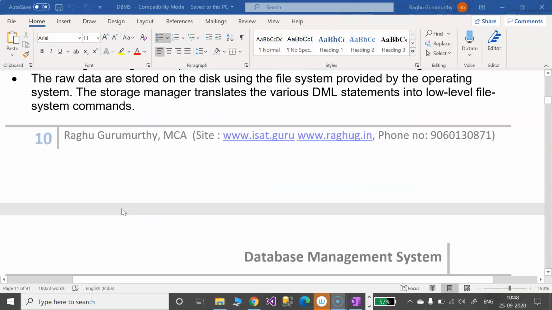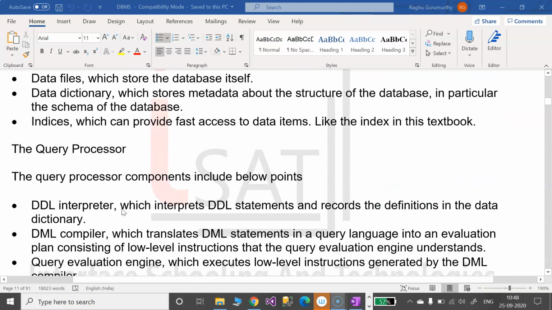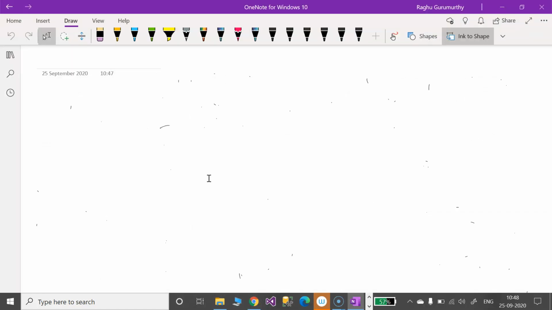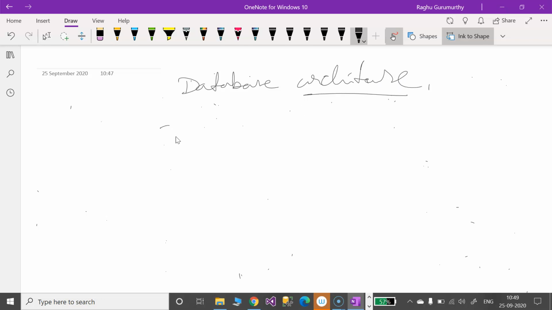So the next concept is the database architecture. What do you mean by database architecture? See, architecture is all about dividing the project.